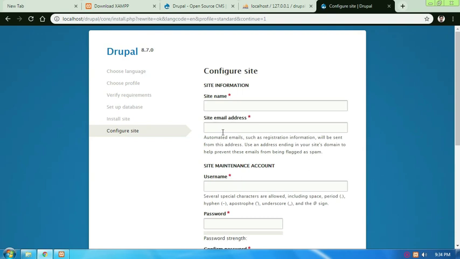Now we need to configure our site. So we need to enter site name, email address and some other details.